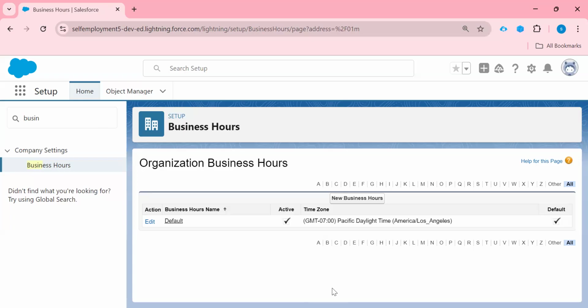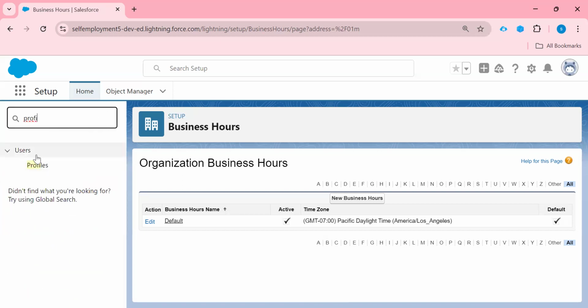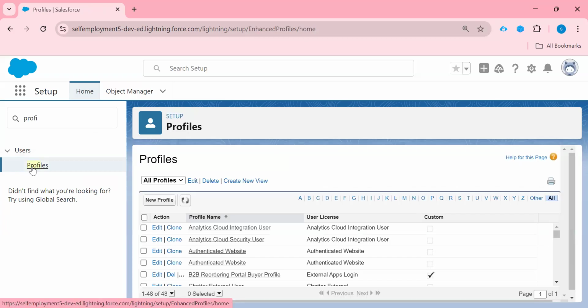So how can we set it? Come to our profile. Why do we need to set these IP ranges at the profile level? Suppose the person who is allowed that profile needs to move from country to country, so he wants to log in to your application from anywhere. So we need to set the IP ranges accordingly.